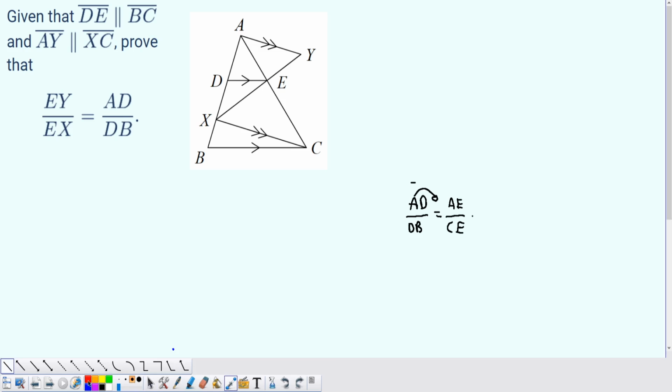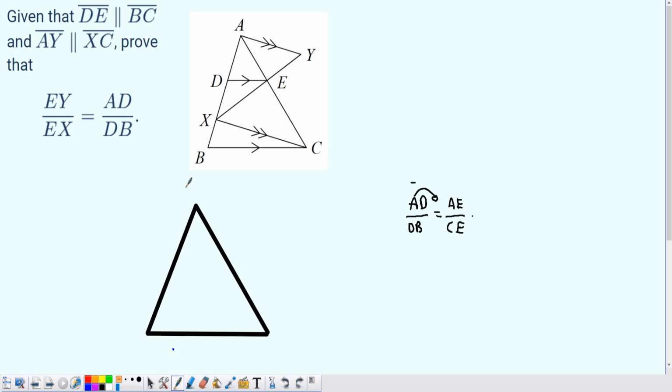Now, why is this such an interesting fact that AD over DB is equal to AE over AC? Well, let's draw the triangle as best we can, or as accurately as we can, to match the diagram we were given. So we had something like this,